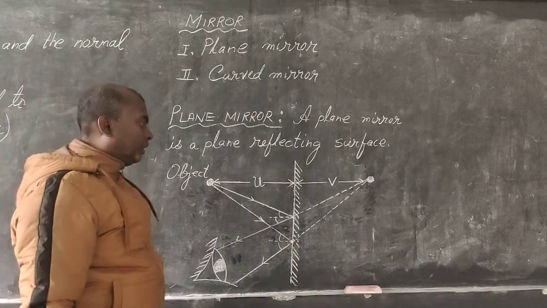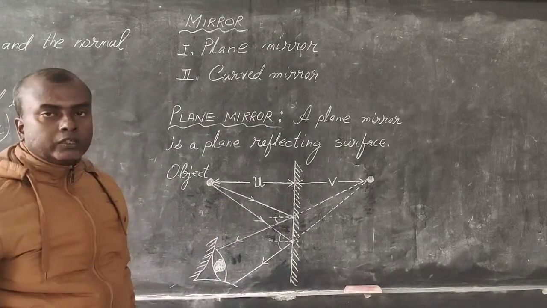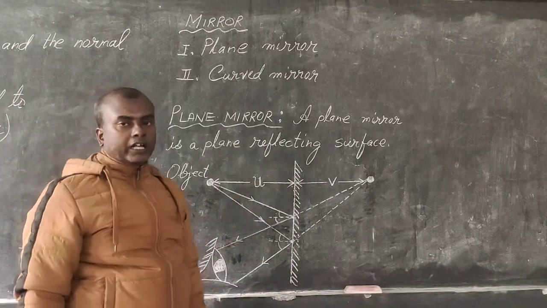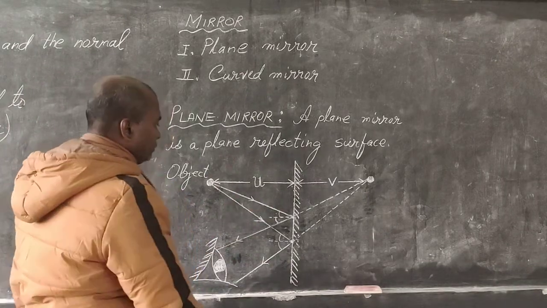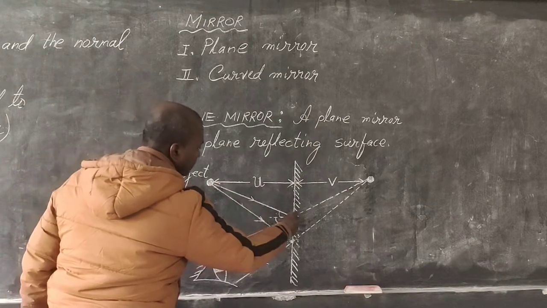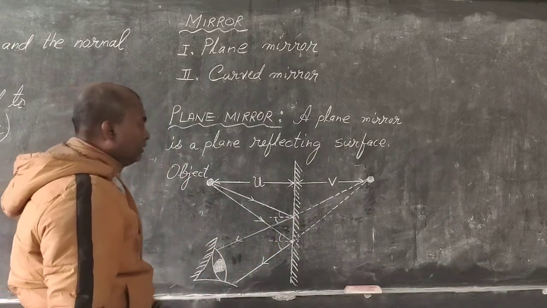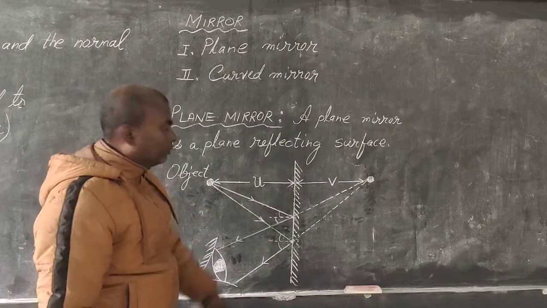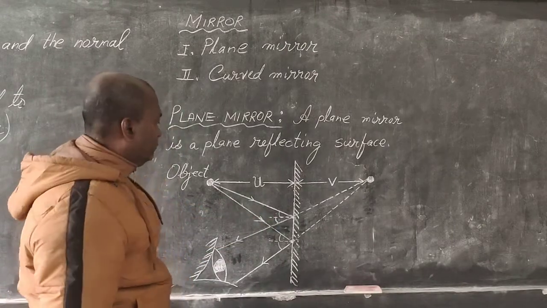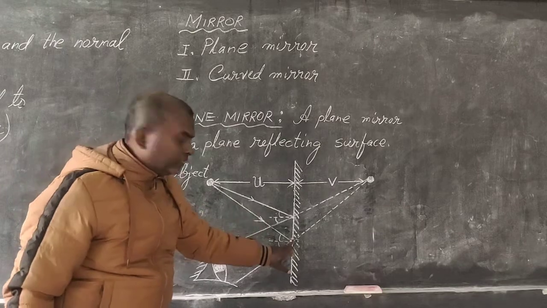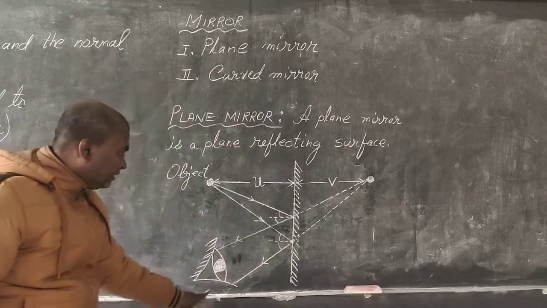If while constructing this ray diagram you don't keep this in mind, you will draw a wrong diagram. Now for this particular ray, this is the incident ray, and the reflected ray I have drawn such that the angle of incidence is equal to the angle of reflection. For this ray also, I have drawn the incident ray here, but the reflected ray I have drawn in such